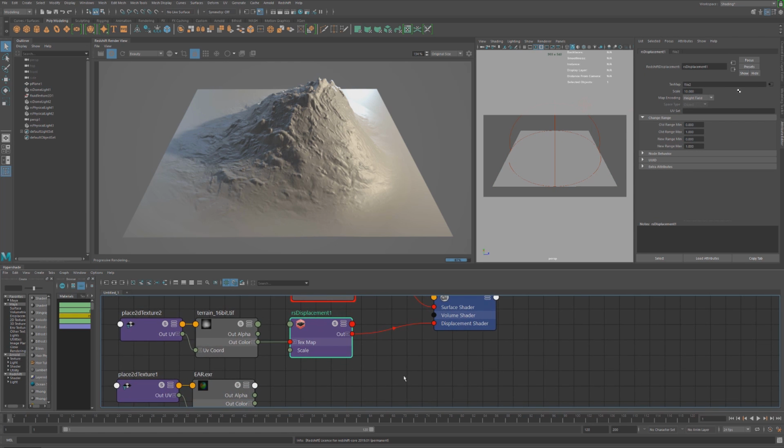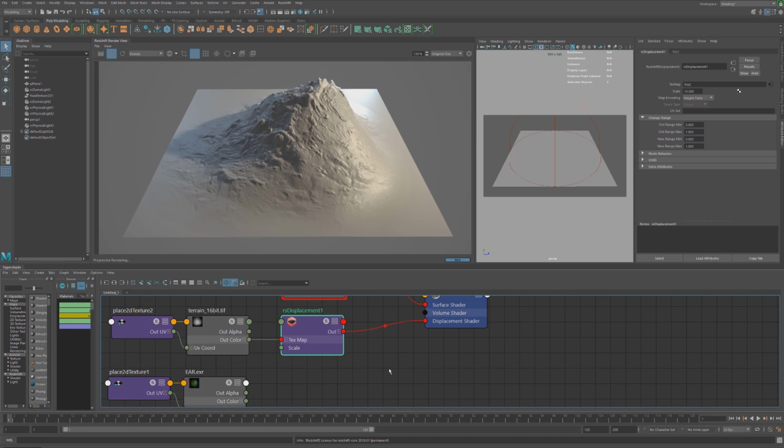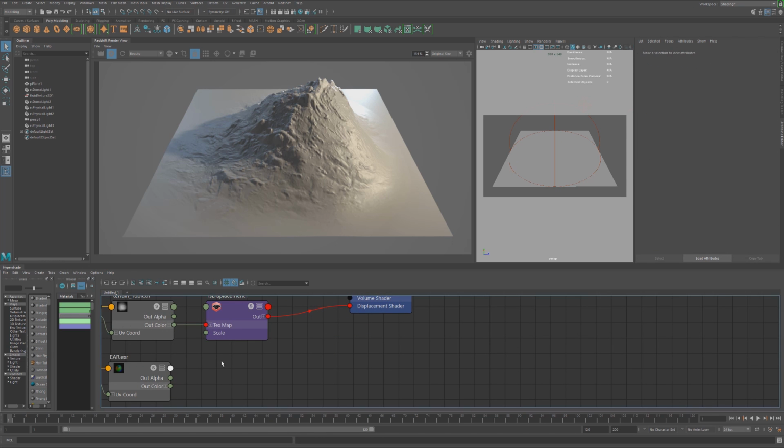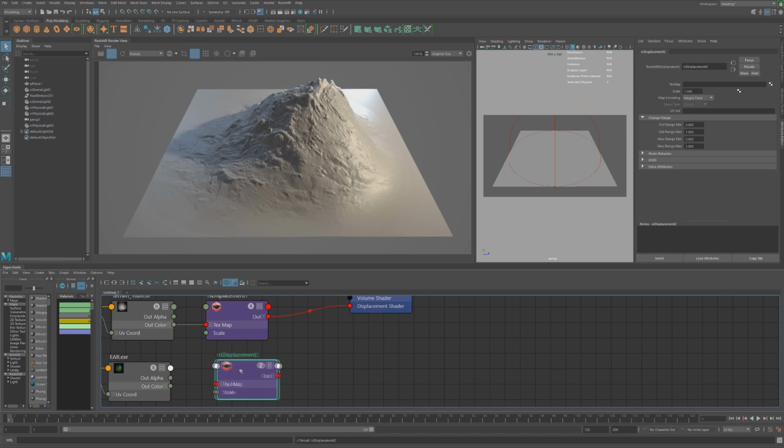What happens if we want to use a vector displacement? Let's try that next. Now let's try using our vector displacement map. So let's generate a new displacement node by hitting tab and typing in displacement, and we'll bring up this Redshift displacement node. We'll plug in our color output into the texture map input,